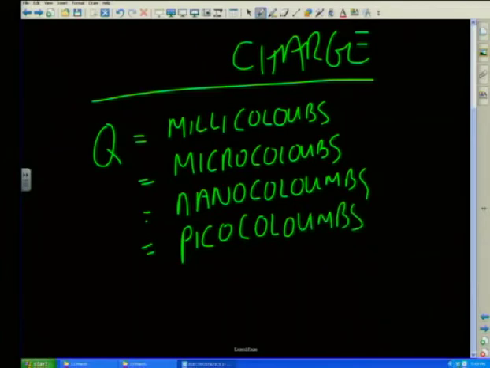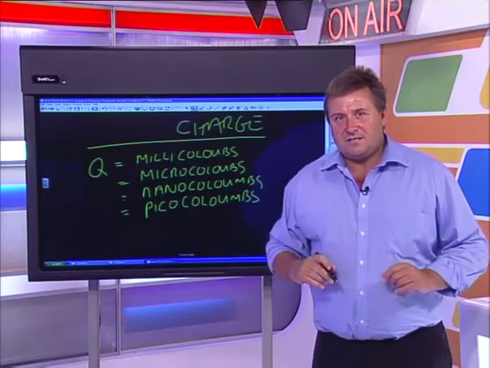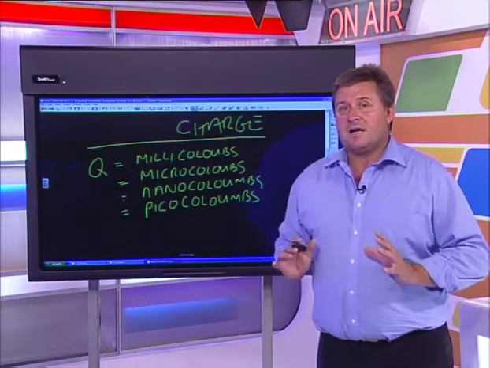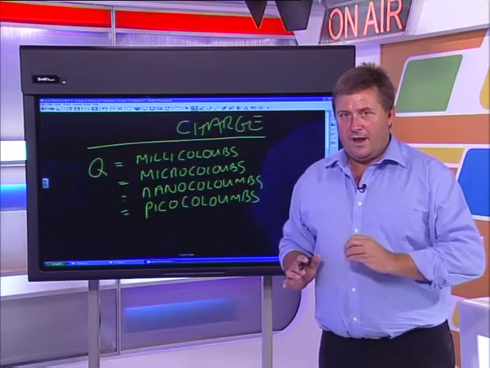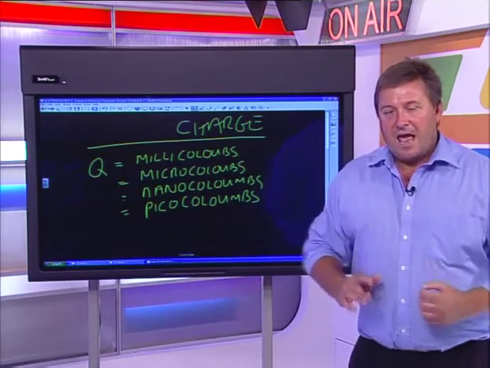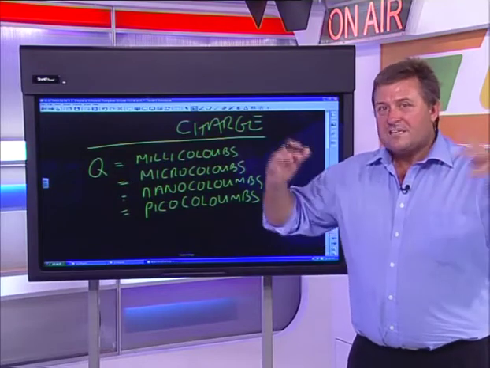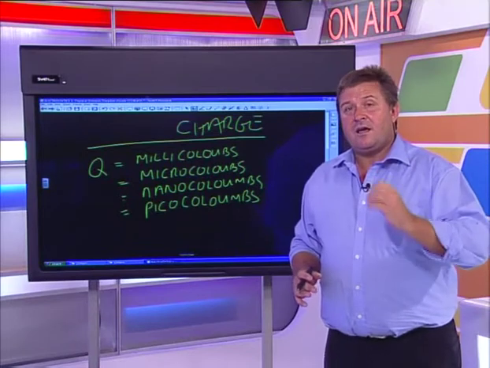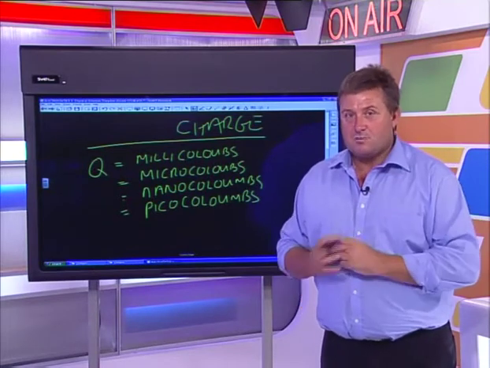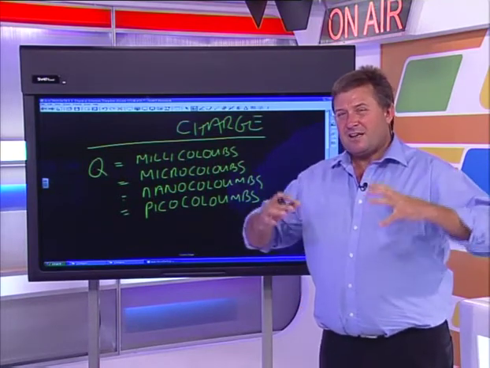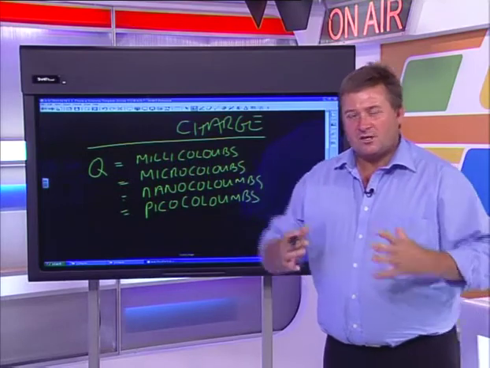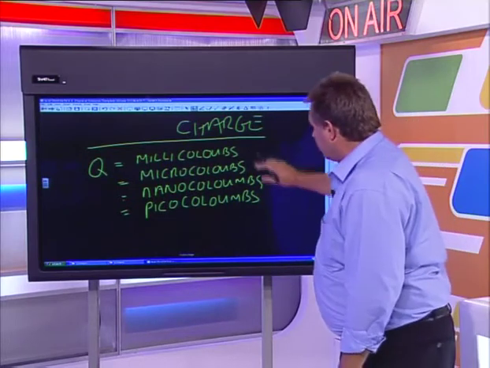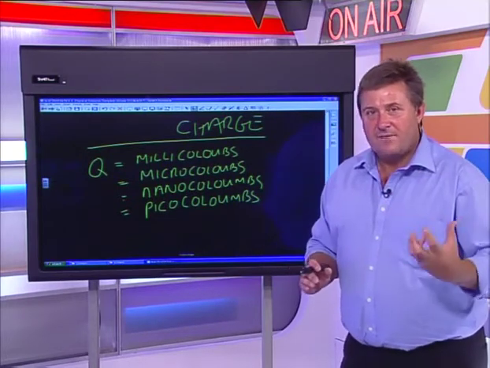Okay, now I've got a feeling that everyone's now sitting on the edge of their seat saying, my goodness, what is all this all about? Well, what it's all about, guys, is that it's a very simple way of representing charge. And we don't have to write down all these big numbers. Remember, charge can be very, very small. So instead of trying to write down a fraction of a charge and lots of decimals, we are able to work out these orders of magnitude.